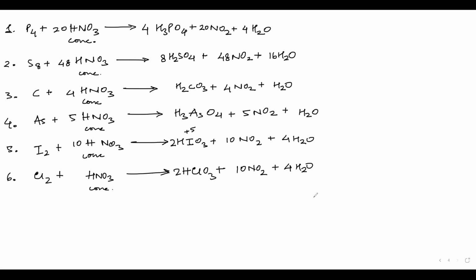Sania and Ahmed are done. Abir, Amalia. Here it is 0. Here it is 5. There are 2. So n factor here is equal to 10. And this is the starting point. You write 10 here. Then you have to write 10 here also. And you have written 2 already because there are 2 iodine. Now the only remaining thing is the hydrogen. There are 10 hydrogen atoms here. There are 2 hydrogen atoms here. The remaining is we have to add 8 more hydrogen atoms. So for 8 more hydrogen atoms, just add 4 H2O. In each H2O there are 2 hydrogen atoms. So in 4 H2O you will have the 8 hydrogen atoms. So this reaction is also balanced.